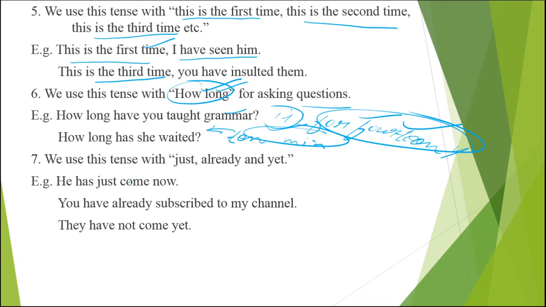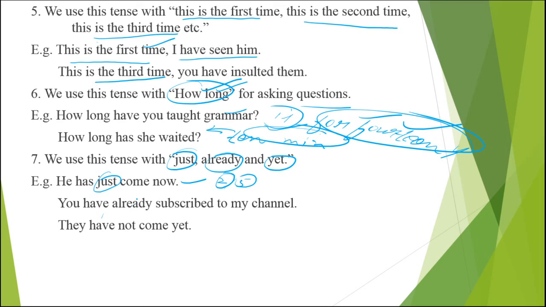Seventh usage we have got, we use this tense with just, already and yet. Just, already and yet. He has just come now. Just will express the moment or the time that he has just come now, means a moment ago he has come, and maybe he has spent some 2 minutes, 5 minutes or 5 to 10 minutes, whatever,